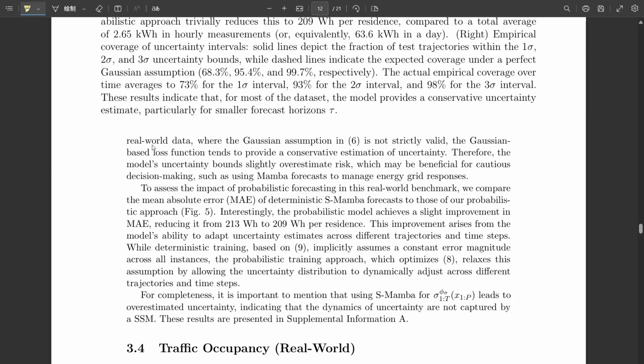And SSMs like Mamba couldn't handle that. Why not? This is the core academic insight here. SSMs are fundamentally designed, architecturally, to infer some kind of underlying latent deterministic process. They assume there's a hidden, smooth system evolving according to some rules, like a differential equation, and maybe there's noise added on top. But Brownian motion doesn't have an underlying smooth deterministic process. The randomness is intrinsic. Precisely.